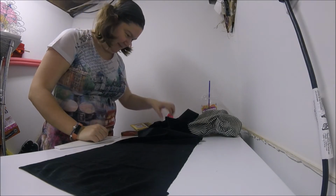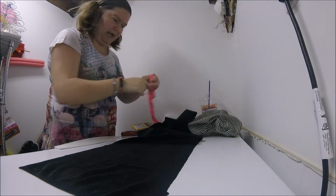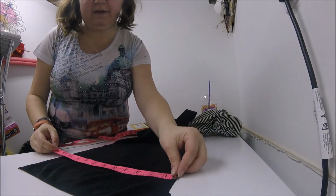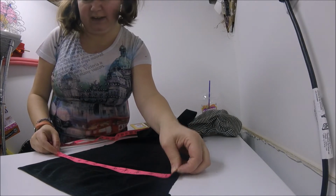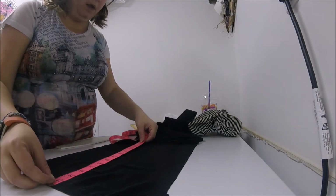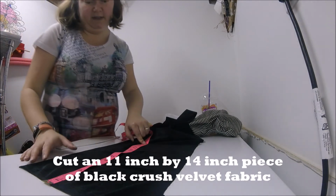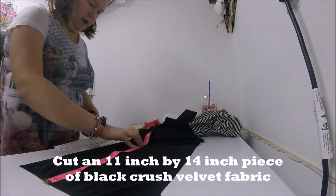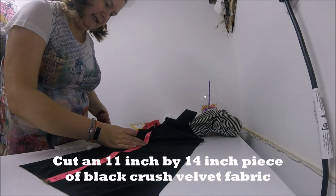Alright, I've got my black velvet here, and let me fix my own hair now that I was playing with that hat. Now they gave me 1/3 of a meter, which is about 11 inches. Does that sound about right? So we'll go 11 by 14. I believe I did the last one at 14, so we're going to do that, and we're going to cut